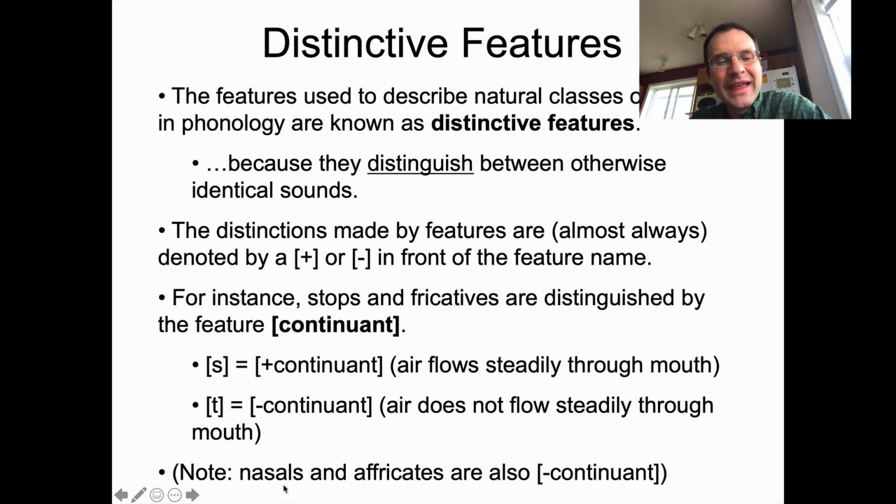Again, nasals are only considered continuants because in your mouth you are stopping the flow of air, like for an N or an M or an engma. There's nothing coming out of your lips, right? When you produce that, the air flows through your nose. So it's a bit of a loophole, I guess you could say, a phonological loophole, but nasals are for that reason minus continuant, even though the air continues to flow out through the nose. It's defined by what's happening in the mouth, as I've listed it up here.